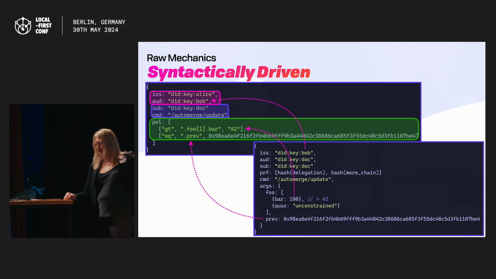So you can only update off of this exact point in that CRDT. And then the invocation can be checked trivially against this, just directly using the library. We check that the to and from fields, the issuer and audience, and the subject all match up, that the proof chain of these delegations line up, and that all of the arguments match this syntactic checker, this little embedded predicate language that we have.